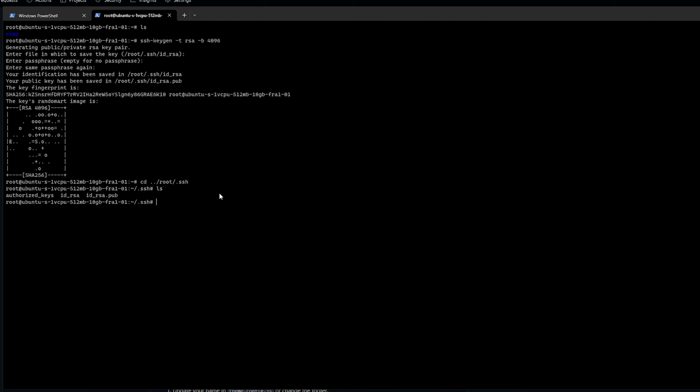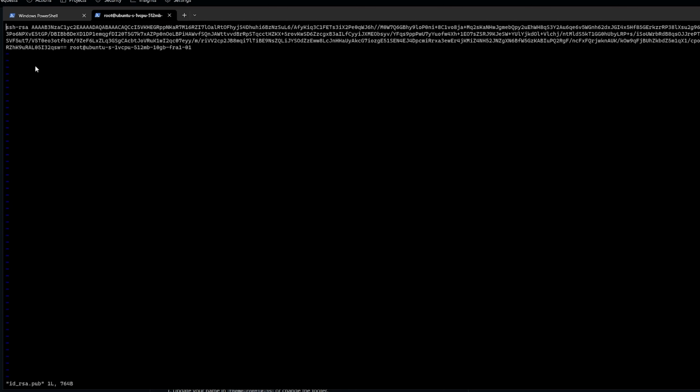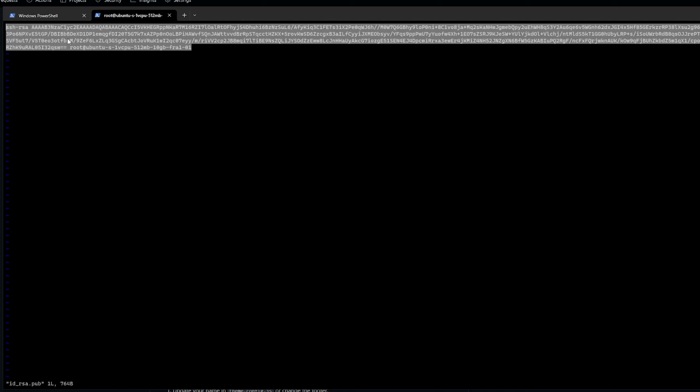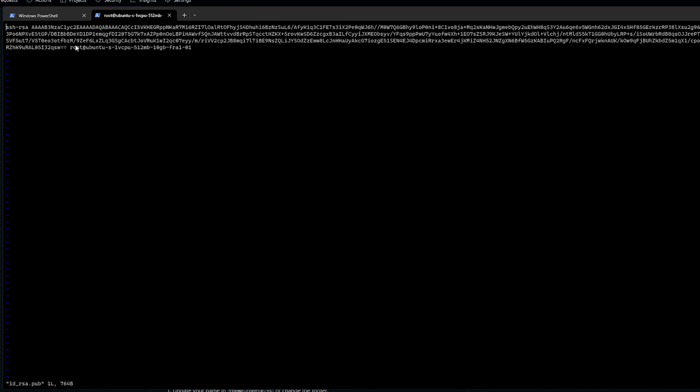We can use the sudo vim id_rsa.pub command to open the file with vim. In case you didn't know, vim is just some sort of text editor for the command line. Then we can just select everything from the file with your cursor and copy it to the clipboard using Ctrl+C. Then you can close vim by typing :q